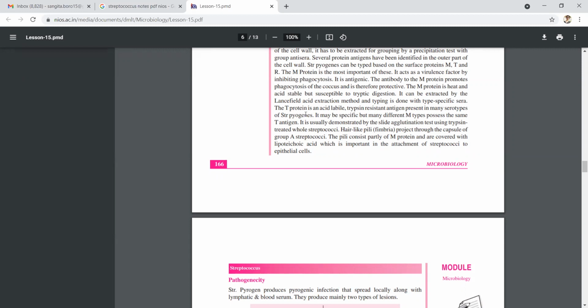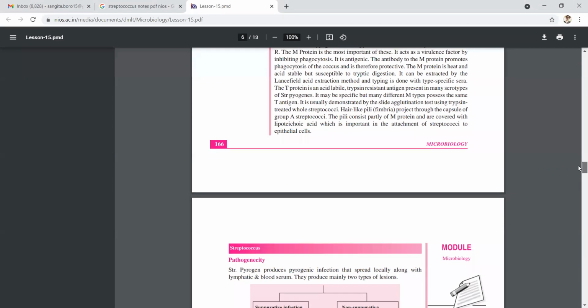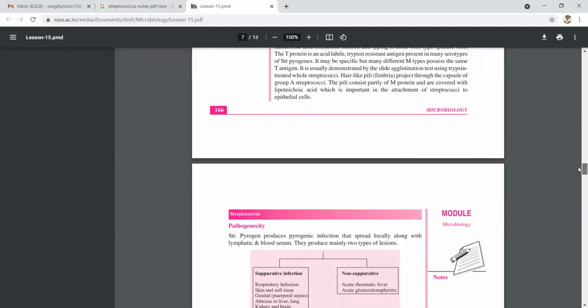The next type of protein is the T protein. It is an acid labile protein, and it is resistant to trypsin. It may be specific, but many different M types possess the same T antigen. It is usually demonstrated by the slide agglutination test using trypsin-treated whole streptococci. You would also find the presence of hair-like pili or fimbria, which are projecting through the capsule